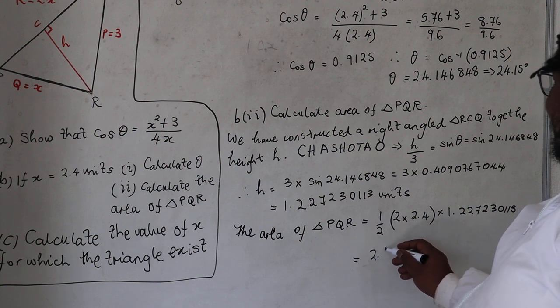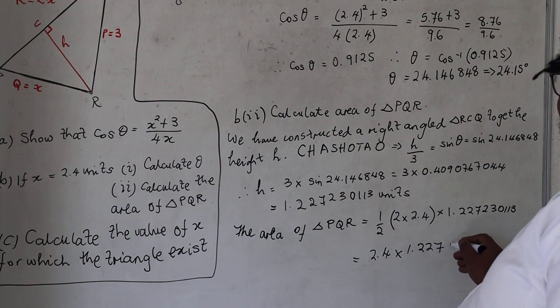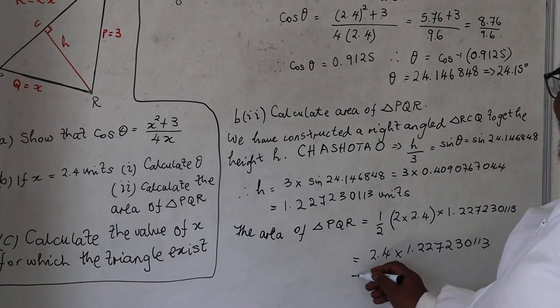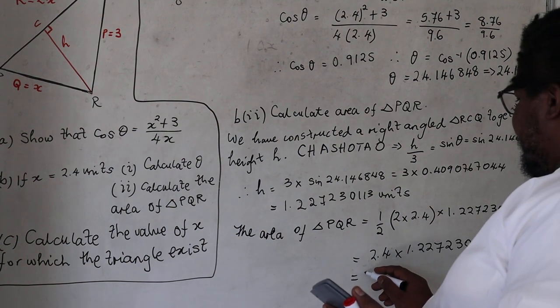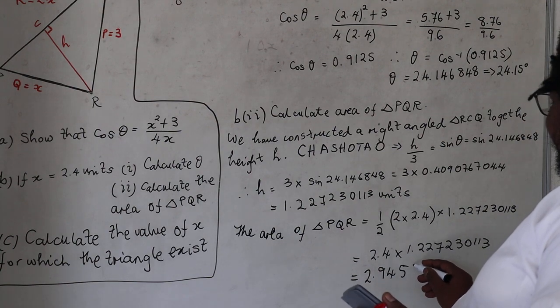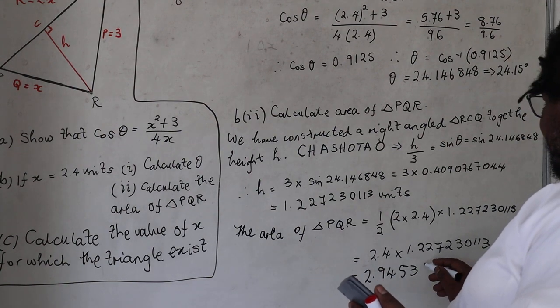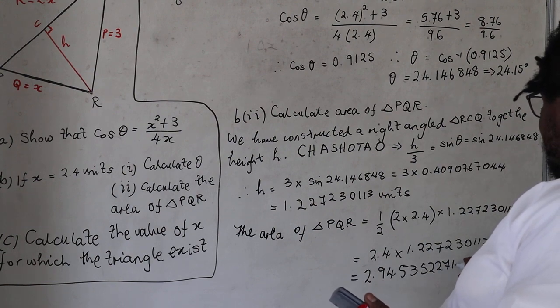So this is equal to 2.4 times 1.227230113, and this is equal to 2.945352271